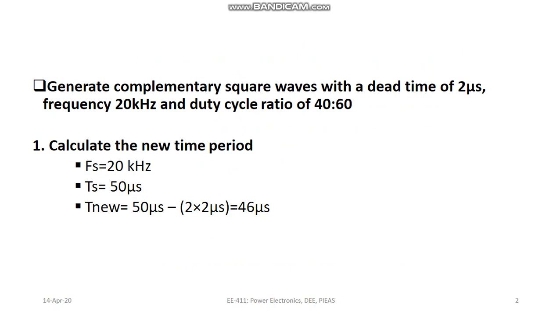complementary waveforms. Suppose you are given this condition: generate complementary square waves with a dead time of 2 microsecond and a frequency of 20 kilohertz, and the duty cycle ratio that you need to achieve is 40/60. This value of dead time will come from observing the dynamics of the switch in the lab. So once we know the maximum dead time of the two switches